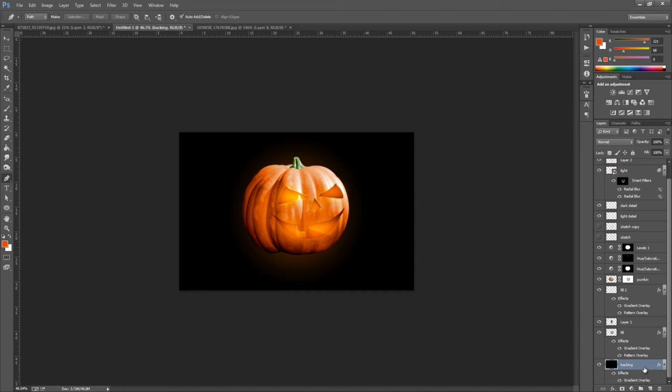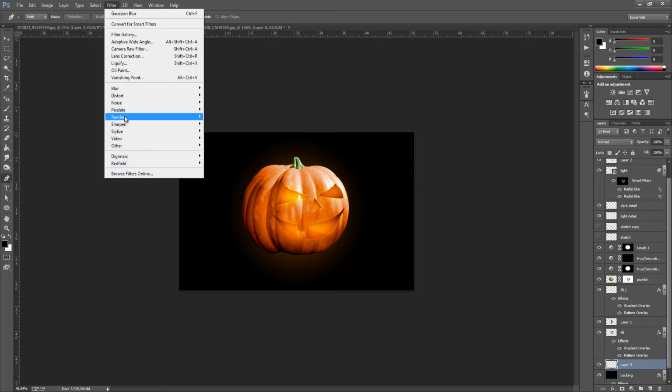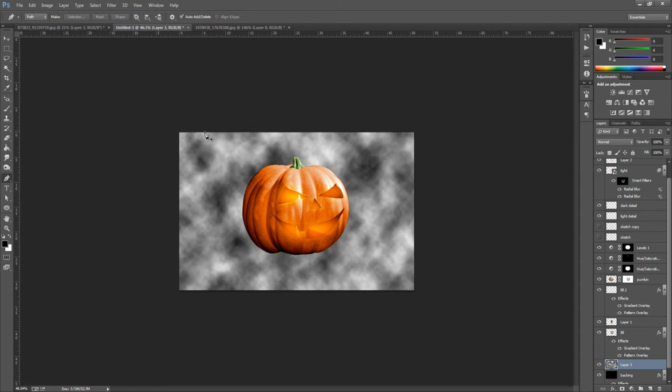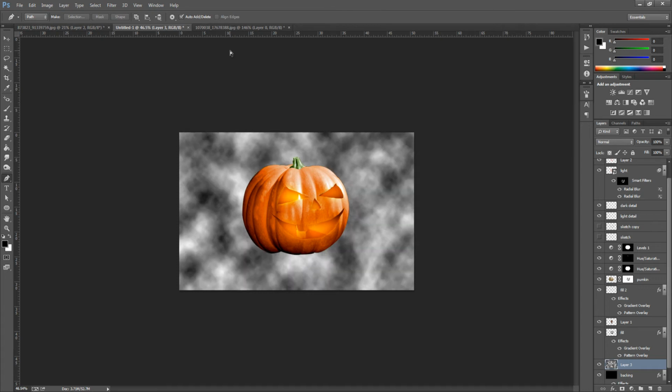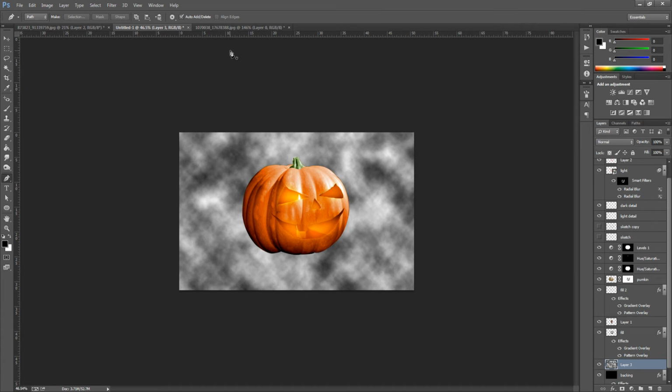So click the bottom background, make sure that's selected, add a new blank layer to the bottom right hand side, and then make sure that we have our default colours on. You can do that by going down to the bottom left hand side and clicking the little black and white icon. Then go up to Filter, Render, Clouds. Now that we have something like that, we want to apply that filter a few times, and we can do that by pressing Control and F or Command and F on your Mac, just a few times.